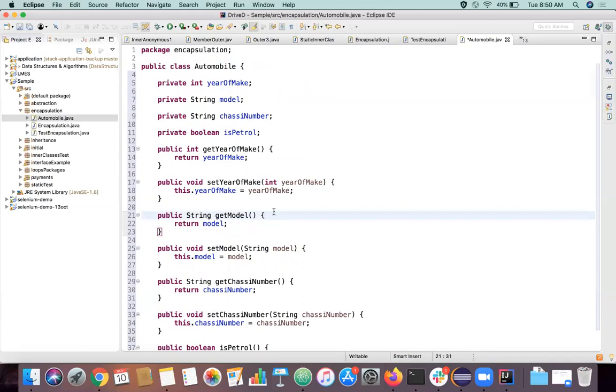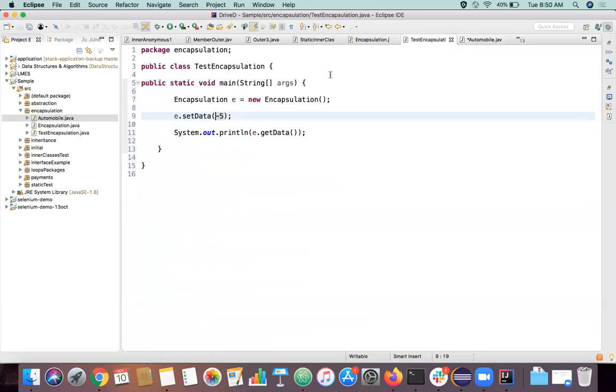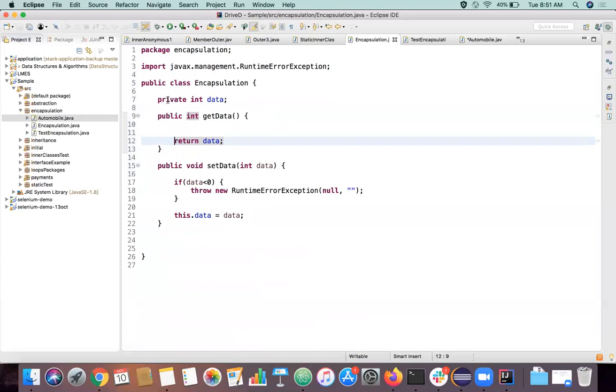Karthik, what is the purpose of declaring all the data variables as private in encapsulation? If we declare them public, is that something we are violating any rule? Yes. If you declare public, then that's not encapsulation. Every data member should be private. We saw in the previous example, right? If we declare that as public, I don't have finer grain of control over the data. I can, for example, let's say this is public, right?